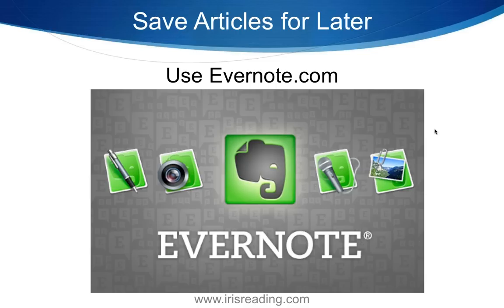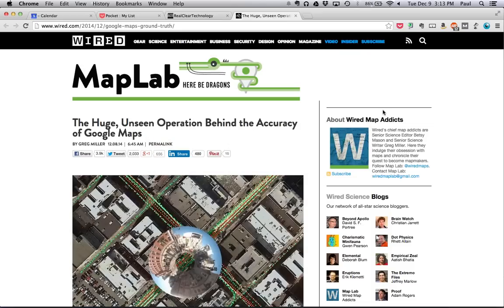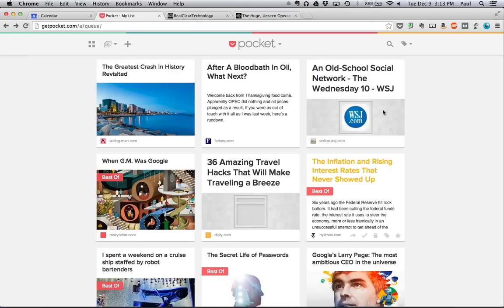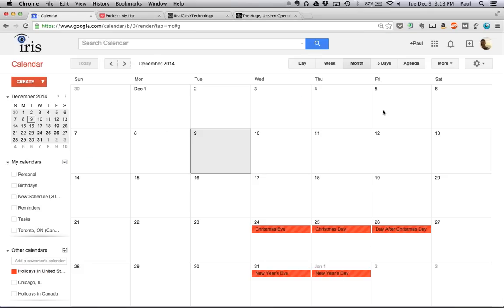I've got a comment coming in. Thank you for mentioning that. Control Tab lets you shift between tabs on Google Chrome on a Mac. Yes, this is another very useful shortcut, and it works on Safari. So right now I'm hitting Control Tab, Control Tab, Control Tab. Notice how I'm just flying through these different tabs. If I want to jump to tab number 4, I just go Command 4 or Command 1. So there's a lot of different keyboard shortcuts.